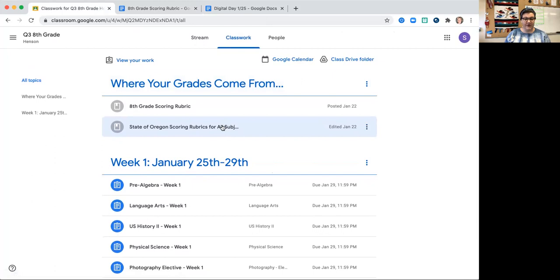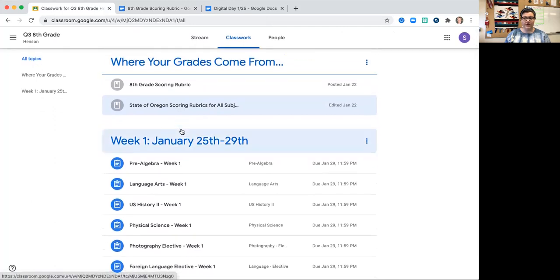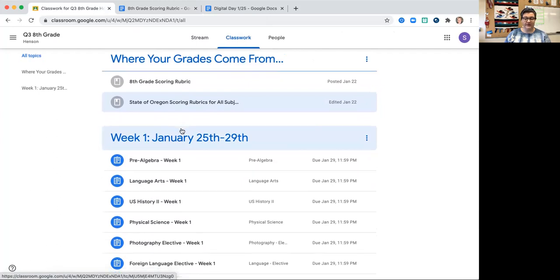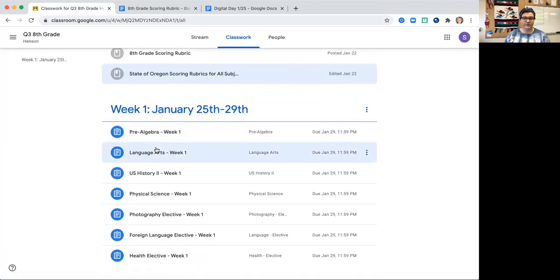Feel free to send me an email if that doesn't make sense to you, or if you have more questions. So that's one big change, is just the scoring is going to look different. You're not going to see the percentage the way that we have in the past. And I'll make sure and give you more regular updates on where you're at in your grades weekly, instead of having you check in Google Classroom. I'll update it so you know.